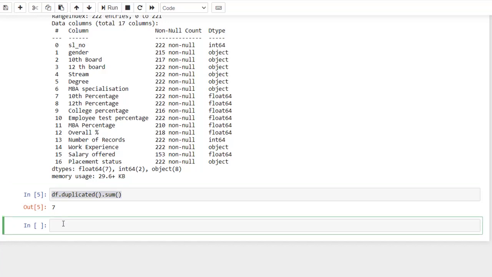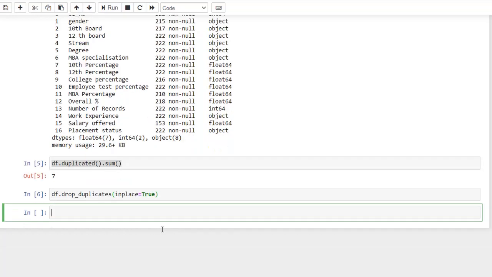I have to remove these duplicates first. I can make use of the function drop_duplicates, and make sure you pass inplace=True. If you do not provide inplace=True, the result will not be reflected in your original data frame.